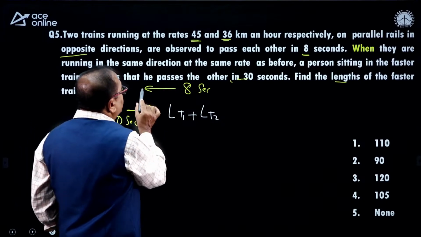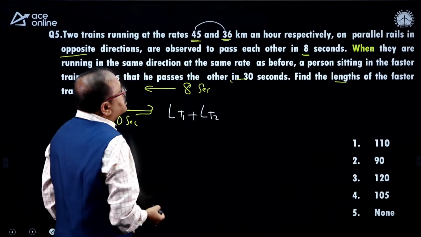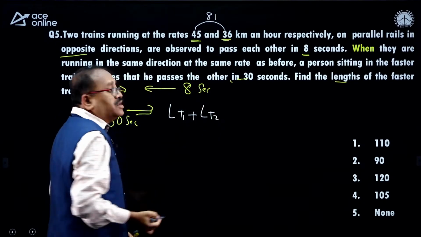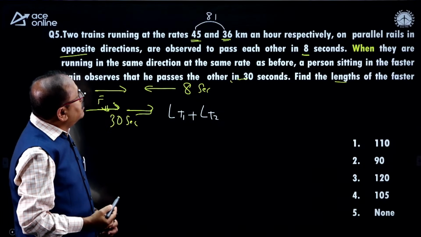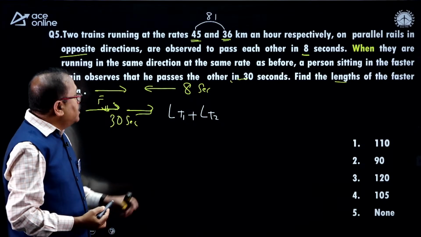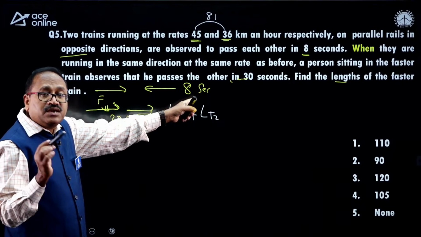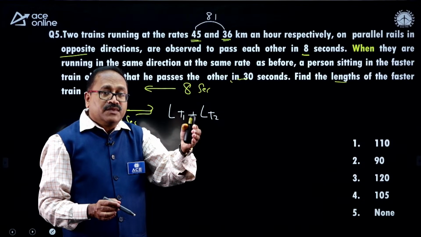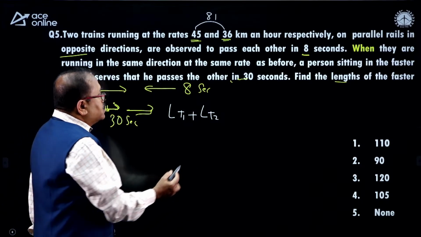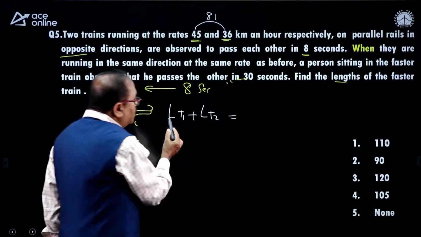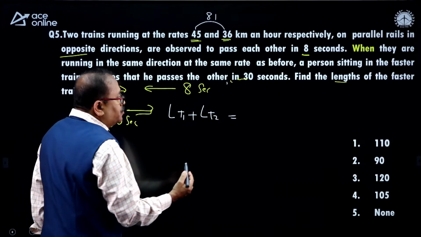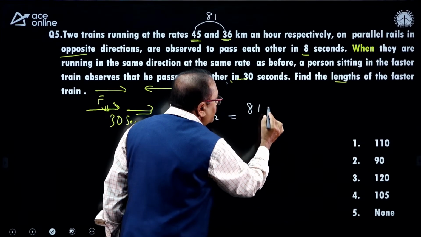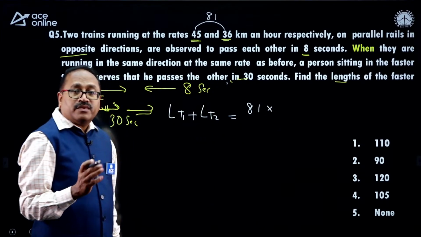I know the relative speed when they are moving in opposite direction. The relative speed is the sum of this, that is 45 plus 36, 81. That's right. The speed is 81 kilometer per hour. And how much time does it take to cross each other? 8 seconds. So what is the distance? Distance is equal to speed into time. Let's find out the distance here. So I will be finding out the length of train 1 plus length of train 2, that is 45 plus 36, which is 81, and into